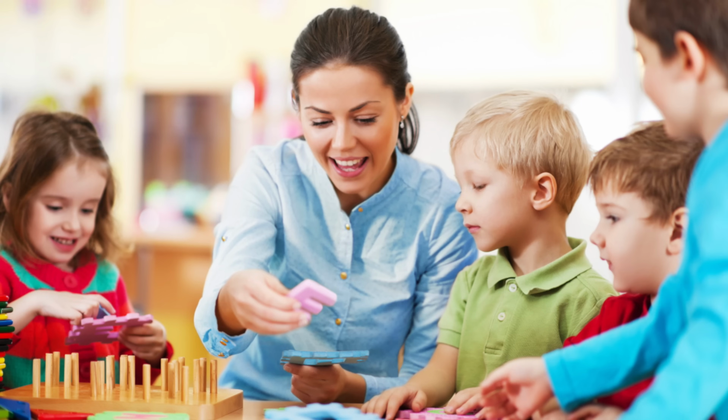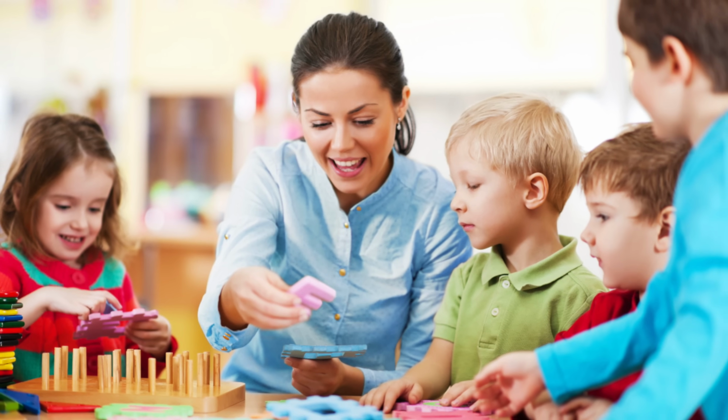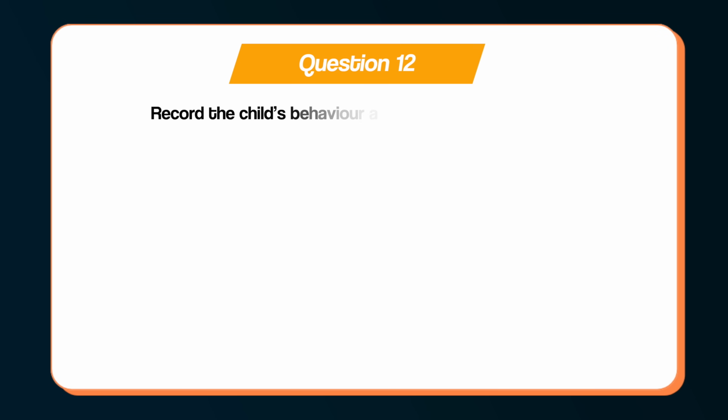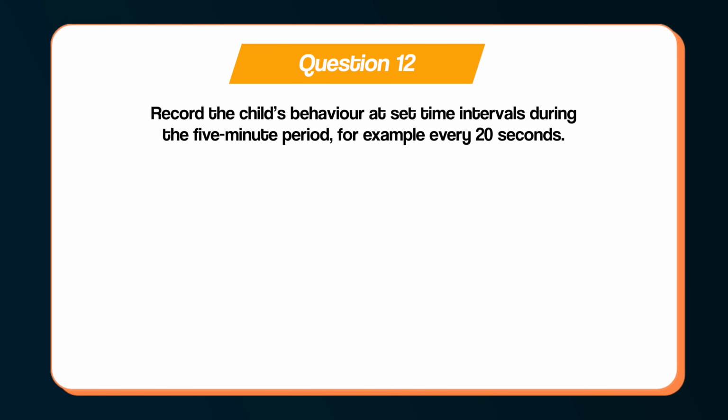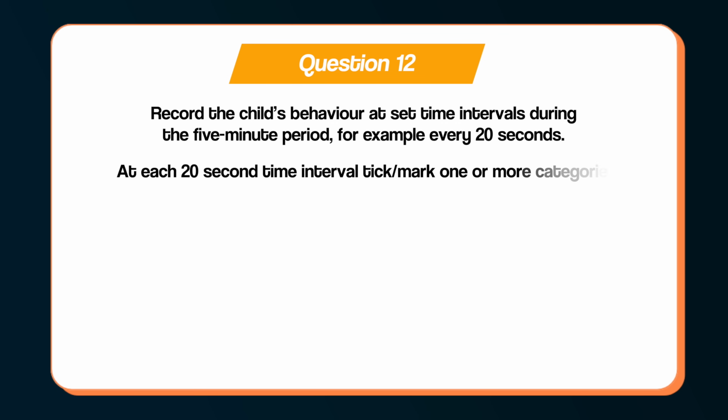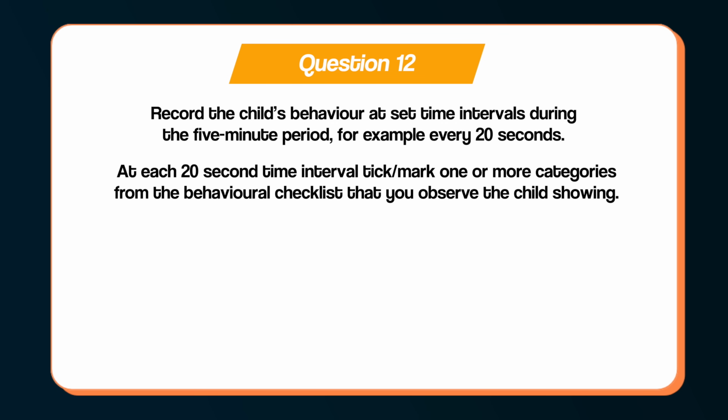It's also helpful when you see the word how to think about it practically. If you imagined yourself in the scenario right now and you were about to observe the 3-year-olds in the nursery room, how would you do time sampling? You want to break it down into a step-by-step procedure like a recipe. So you could write, record the child's behaviour at set time intervals during the 5-minute period, for example, every 20 seconds. At each 20-second time interval, tick or mark one or more categories from the behavioural checklist that you observe